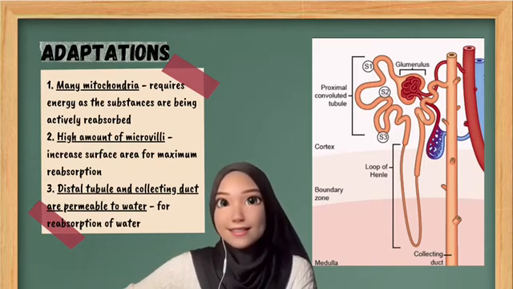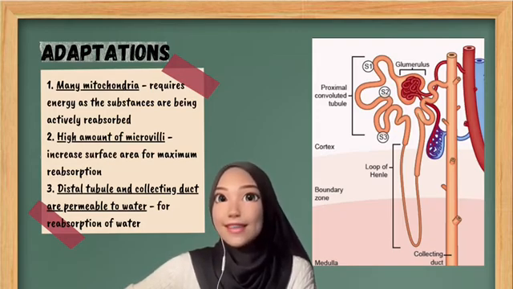The second one is, there are high amount of microvilli at the loop of Henle to increase the surface area